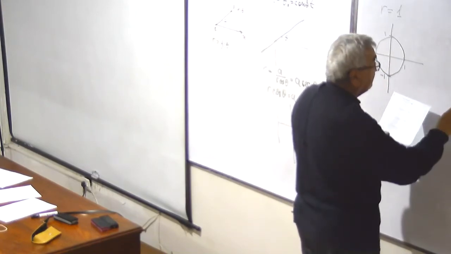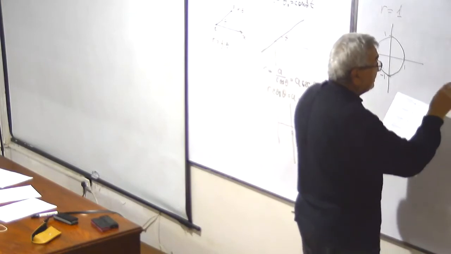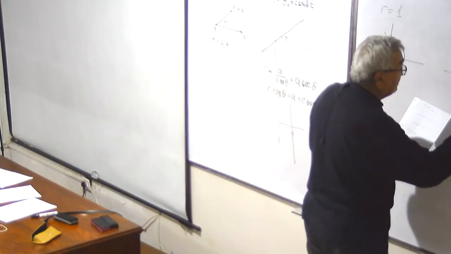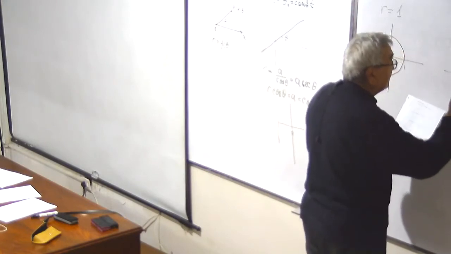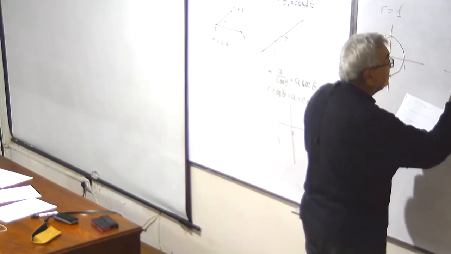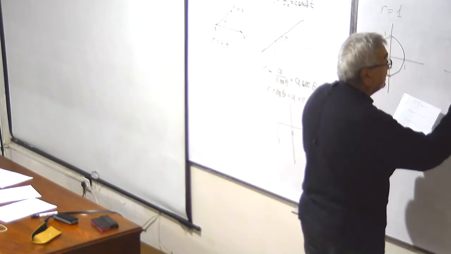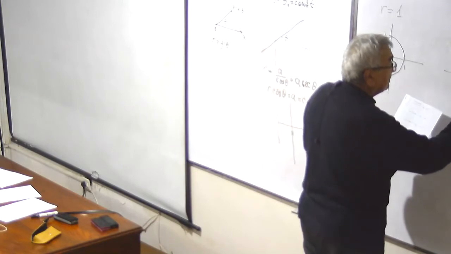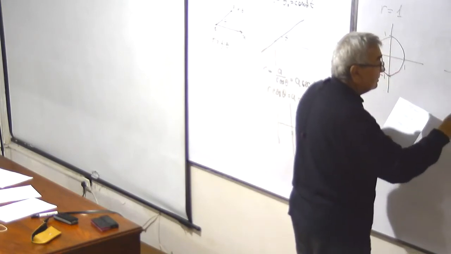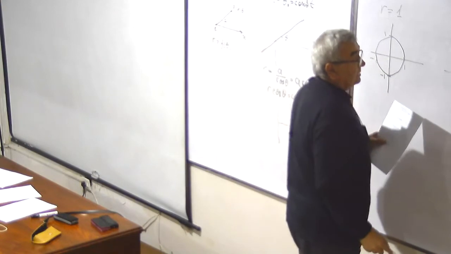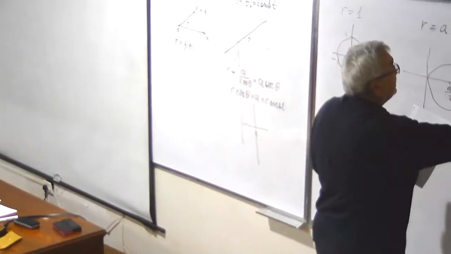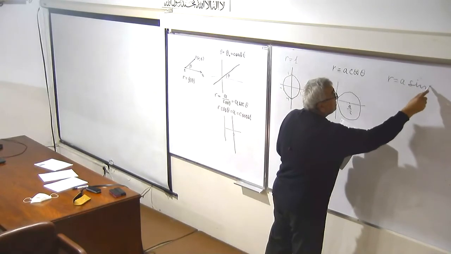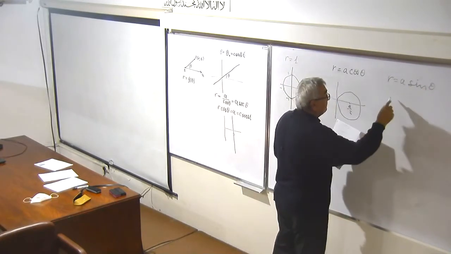If I plot this graph, here is a by 2, and here the distance is also a by 2. That means we have such a circle. And at last, if we take r equal to a sine theta, also a circle,